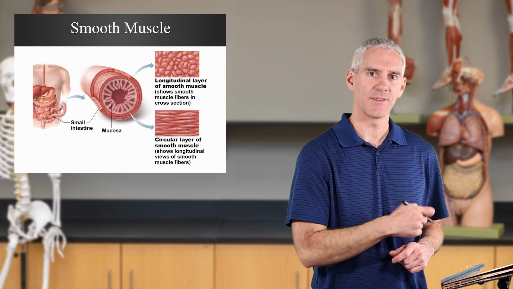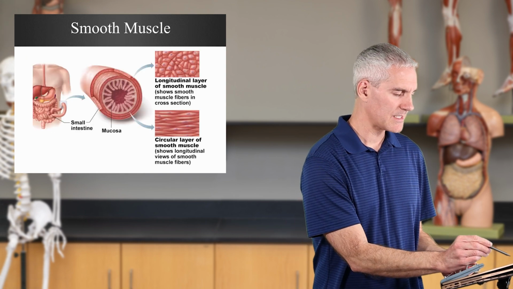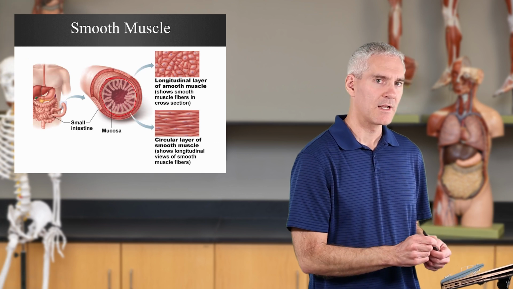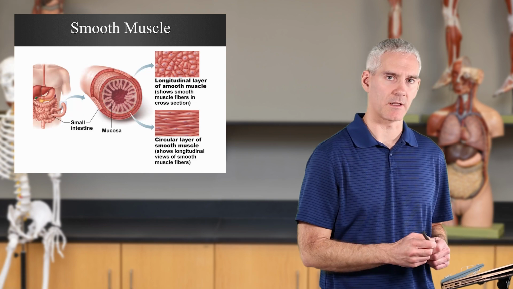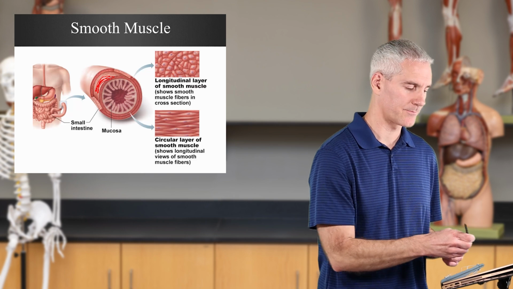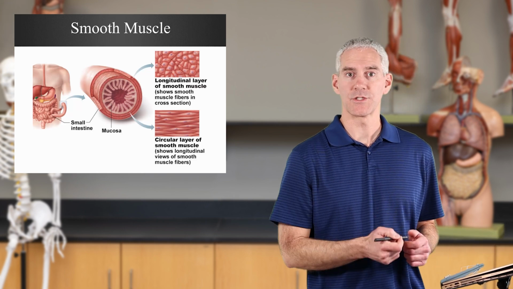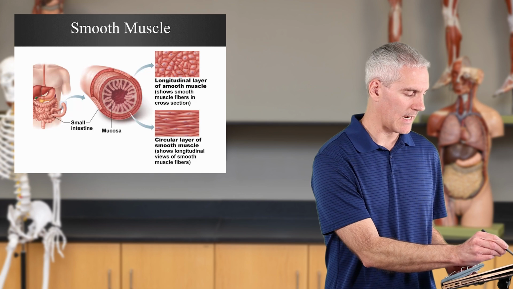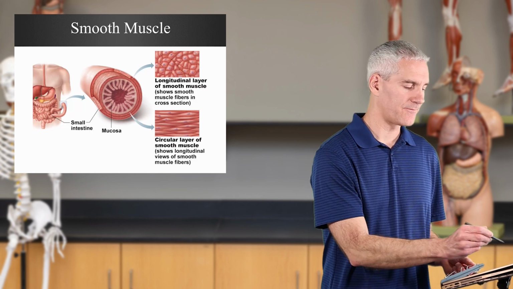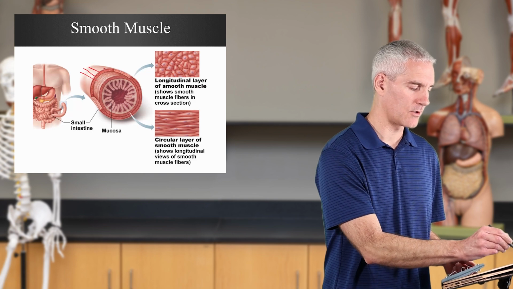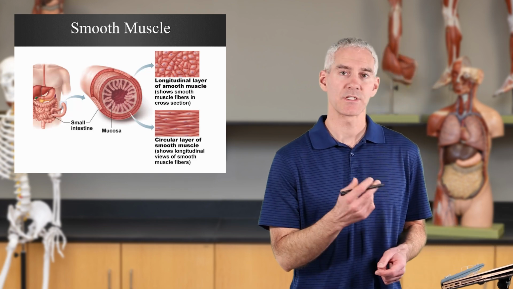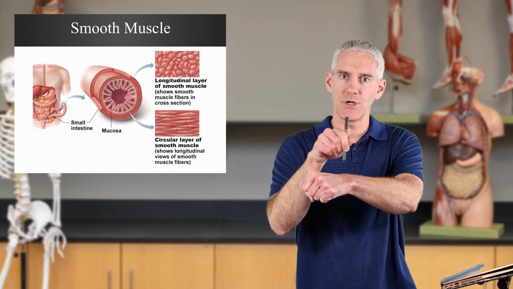And it kind of looks like this. You'll notice this is the circular layer running all inside here. Now the circular layer is more toward the middle. You can see the fibers are running around the circumference. While the longitudinal, if you notice, is the more outside layer here. You can see the little dots. That's because the fibers are running in this direction, going back, the length of the tube. So we have both circular around and longitudinal going the length.